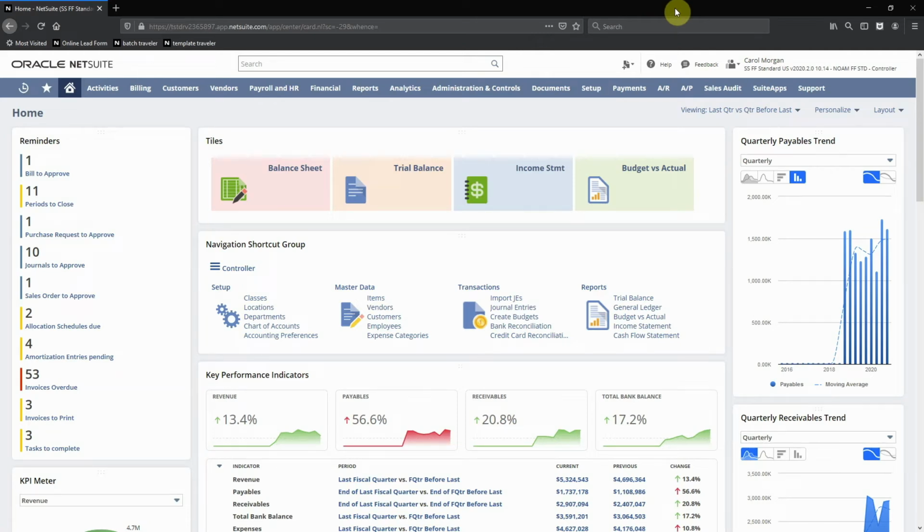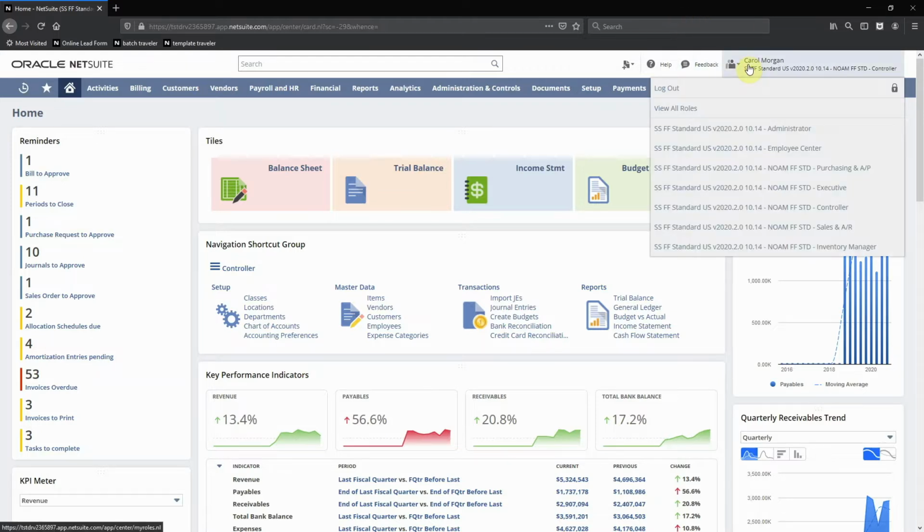So I am logged into NetSuite here. NetSuite is a role-based system. Today I'm going to be using the controller role. But just so you're aware, you can use different roles, and we have a lot of these pre-built for you out of the box on day one with that SuiteSuccess business engagement model. So each one of these roles can have different dashboards associated with them, but most importantly, different roles and permissions as well. So if you want to have certain people doing some tasks for period close and certain people are only allowed to do other ones,